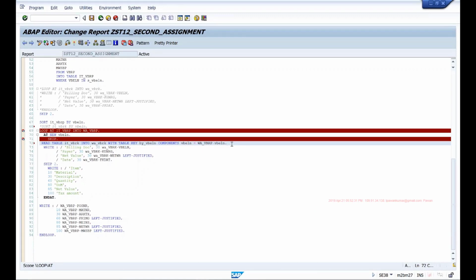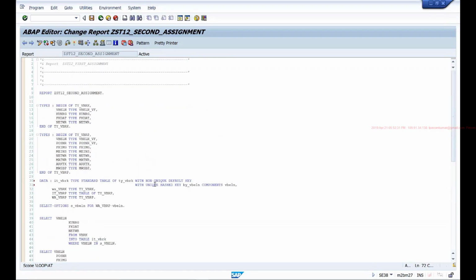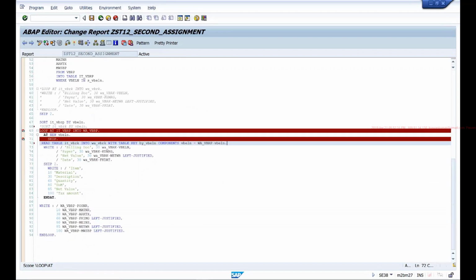This you'll really understand when you work in real time and write programs, because in production we have lots of data. And if you're working for an MNC, that company will have hundreds of thousands of sales orders or invoices, right? And when you're selecting data from database table, you'll have such huge data to process in your programs. So when you process such kind of data, these things will really make a difference, right? So defining a secondary key for my table and using it in my read statement will drastically improve the performance of my whole program.